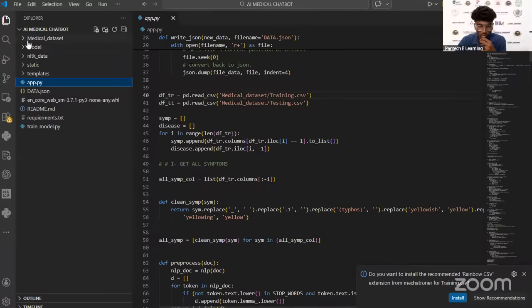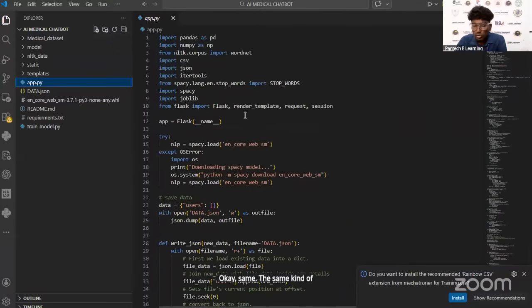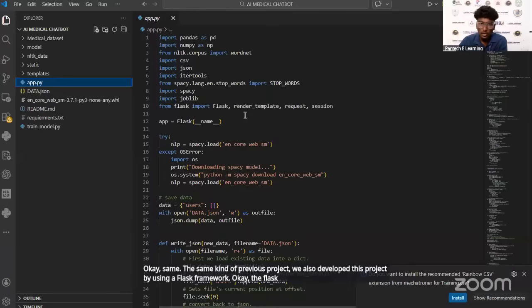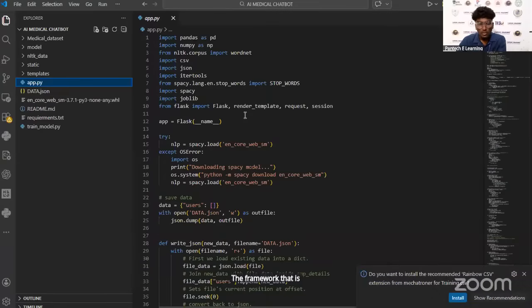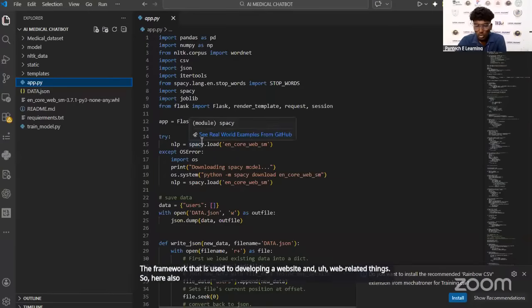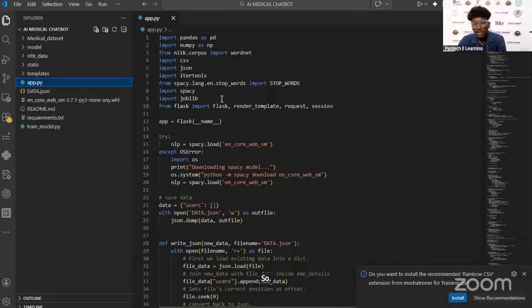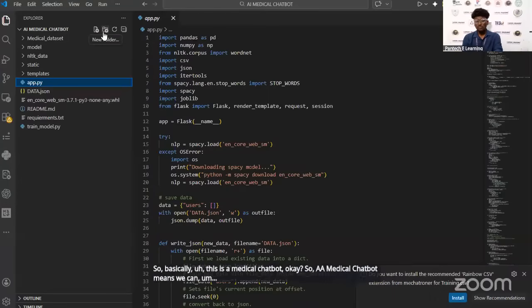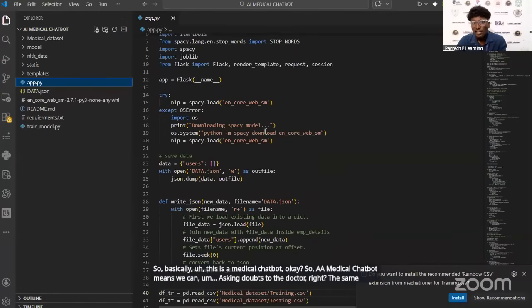Like the previous project, we also developed this project using the Flask framework. Flask is a web development framework used for developing websites and web-related things. Basically, this is a medical chatbot. We can ask doubts to the AI, and the AI responds like a doctor.